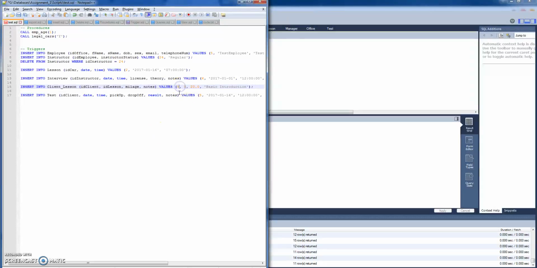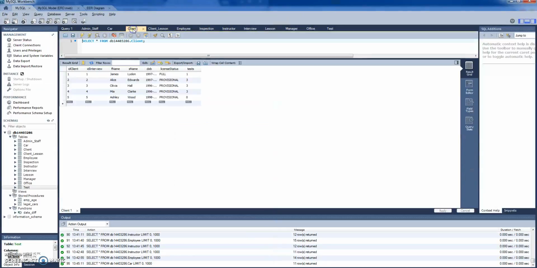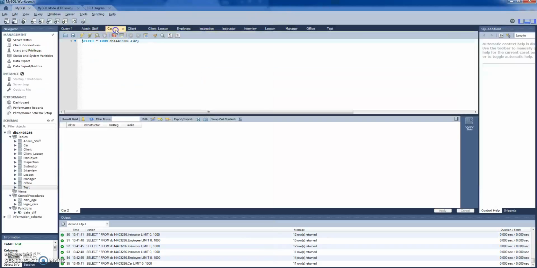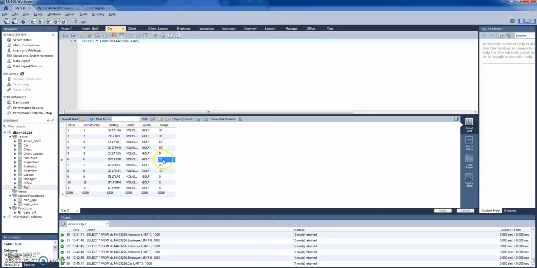So we'll use ID number 6 for the ID client. Actually no, that ID doesn't exist. So we use ID 5 for the client, and then so inserting mileage 20 and add on top of that, so 20 plus 20 should equate to 40